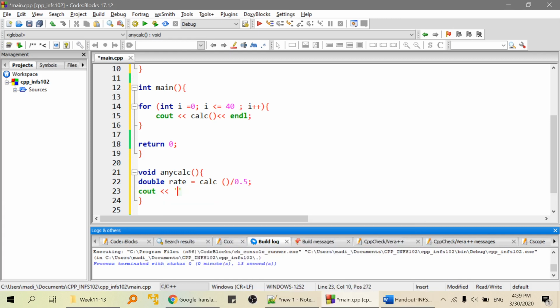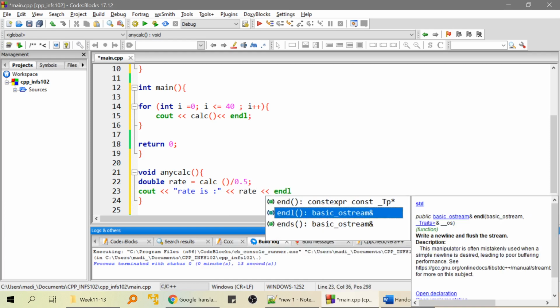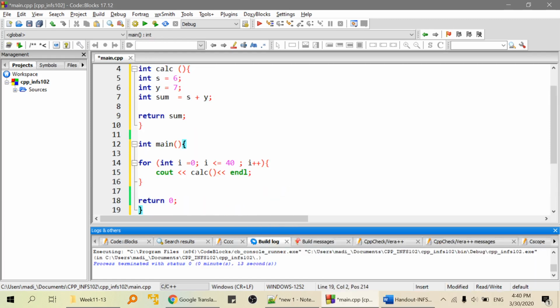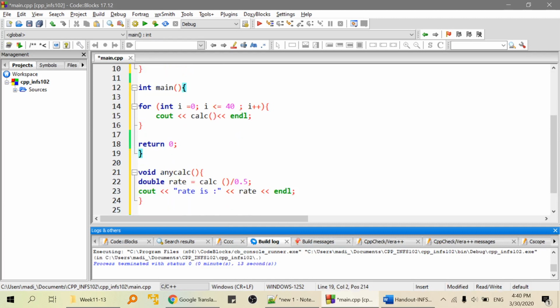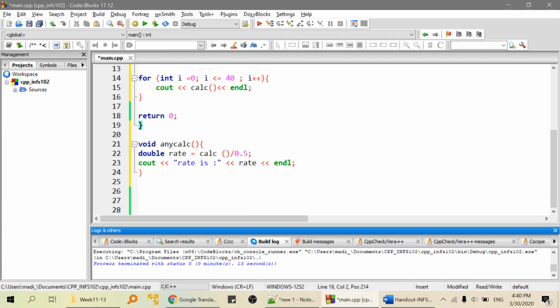Okay, so to make it more meaningful, I'm saying rate is, and endl. You see, in this case, I'm actually calling a function, I mean, this function. Actually, I have to